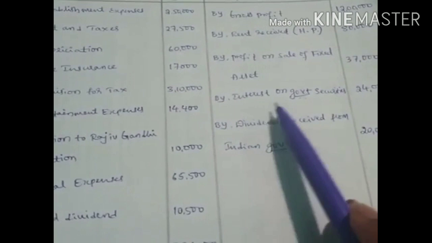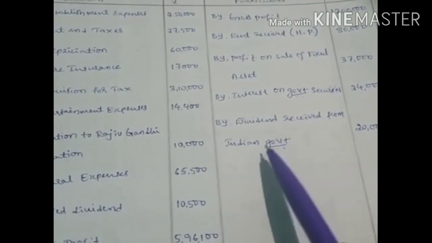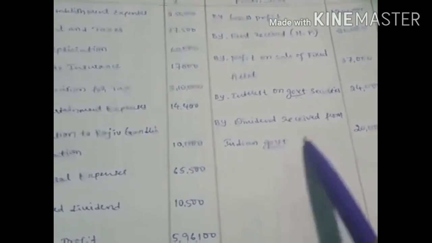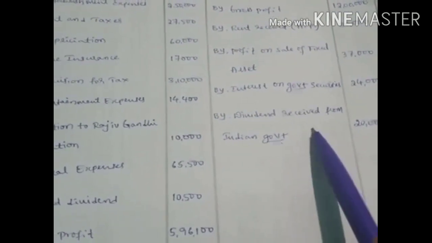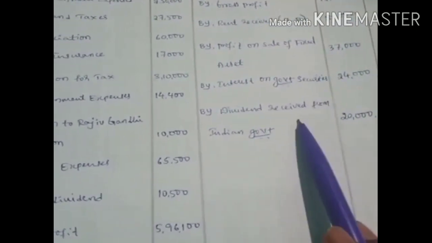Interest on government securities comes under income from other sources, and dividend received from the Indian government is considered an exempted income. Okay, we have to write that it also comes under income from other sources, but it is exempted. Okay, so this is the problem. Okay, in next